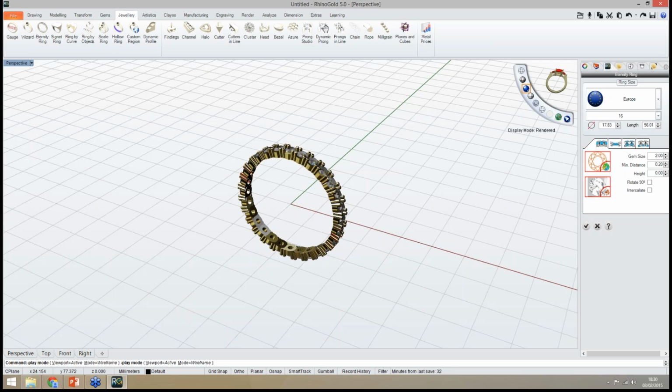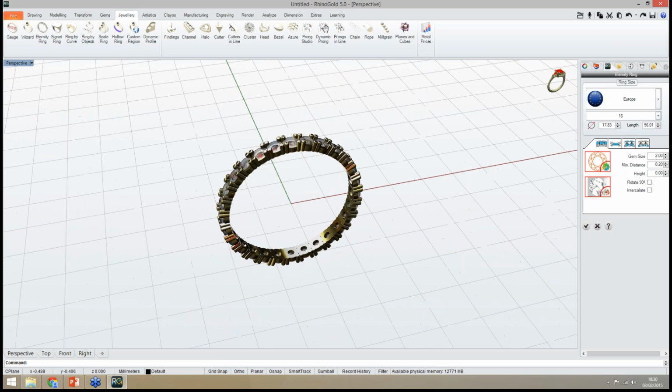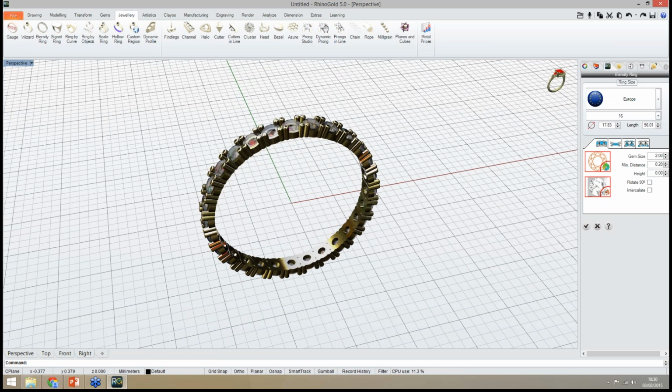I hope the delay from my computer screen is not too much, because when I am rotating the screen, maybe you can see some delay, but I will try to make it smoothly.